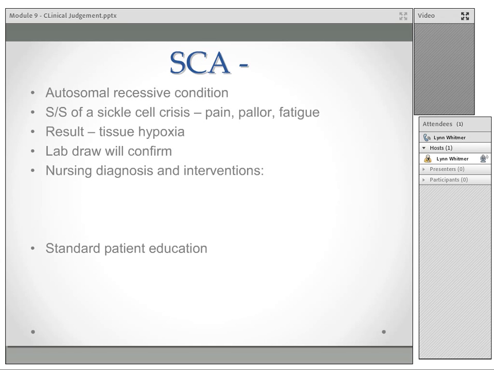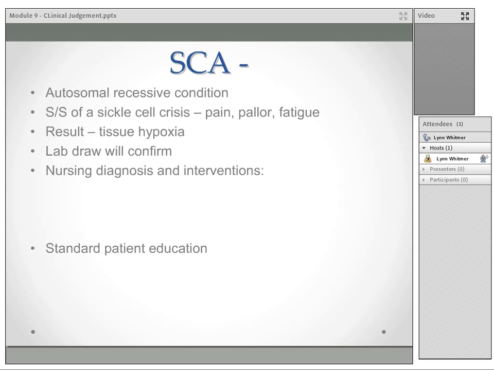In pregnancy, however, now we are checking moms for the sickle cell trait, and if she does have the trait, we will ask Dad to also provide us with a blood sample so we can identify whether or not this child is at risk. If the child is at risk, we probably would do much closer studies, and now they have included this as part of the screening that we do right before babies are going home. Nursing diagnosis, again, would be pain,